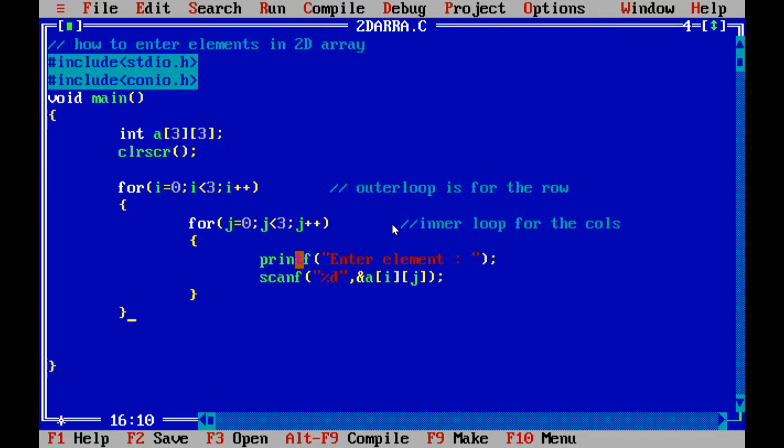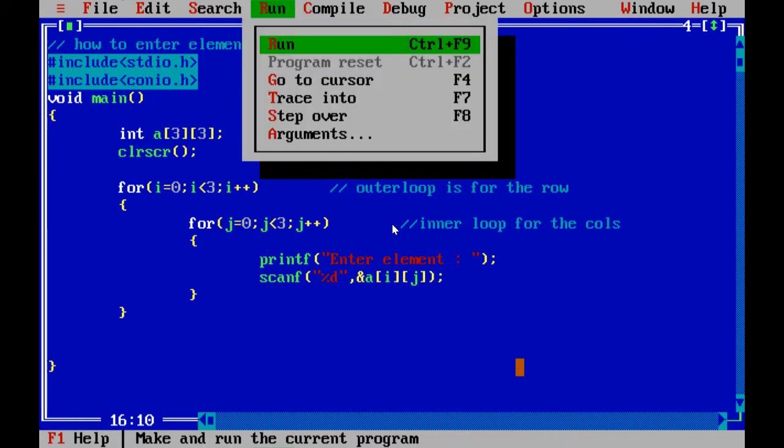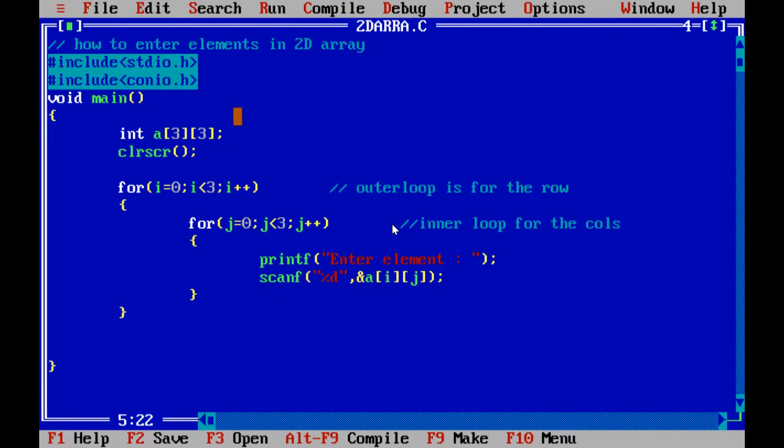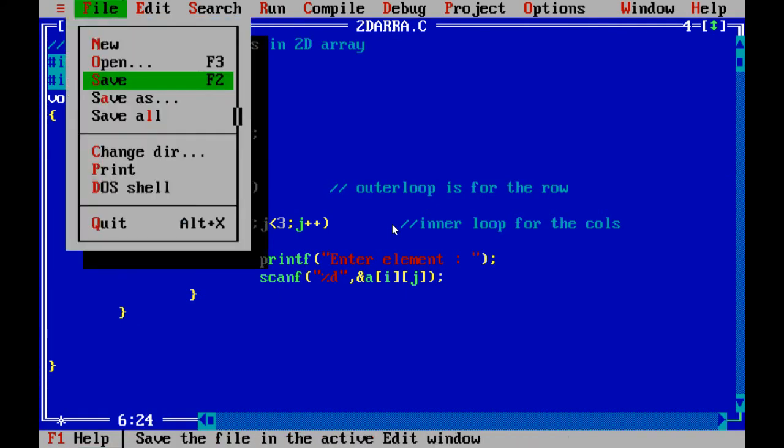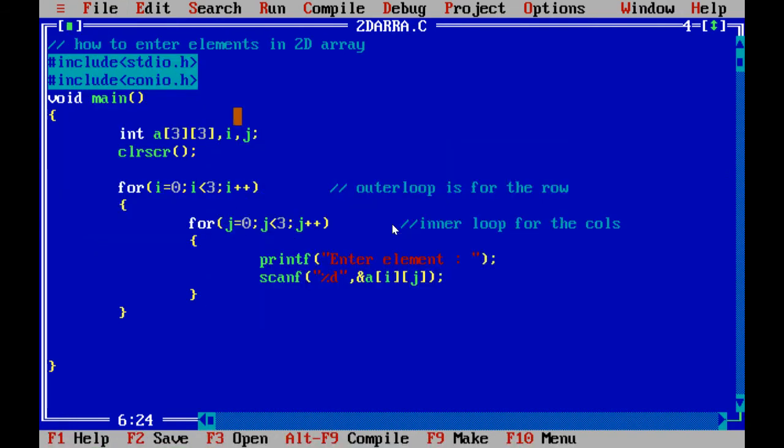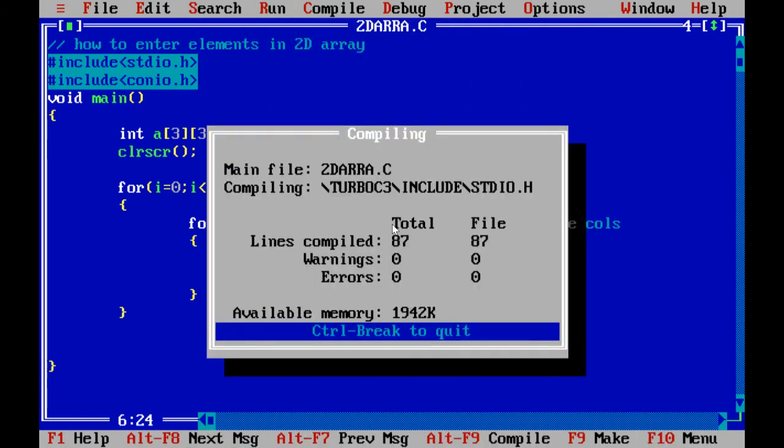So this is how you can insert the data. Now let's simply run the program, and after that we will print it. First, of course, we need to declare the variables, right? int i, j.